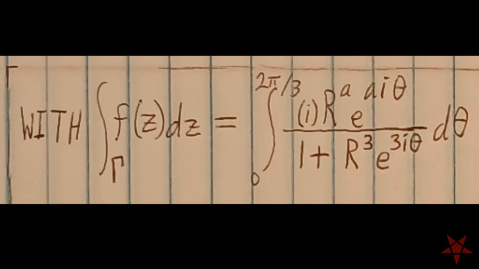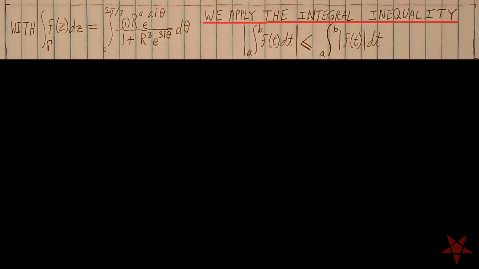With the path integral capital gamma reduced to an integral over theta alone, we next apply the integral inequality. This states that the absolute value of an entire integral of a single variable is always less than or equal to an integral of the absolute value of the integrand taken over the same bounds of integration with the same variable. So if we take the absolute value of the integral of f of z over the path capital gamma,